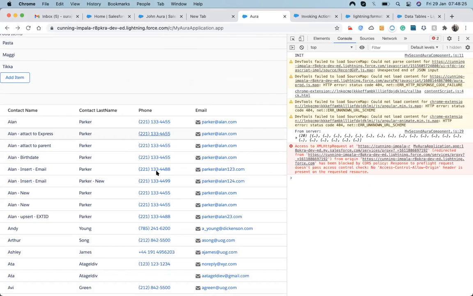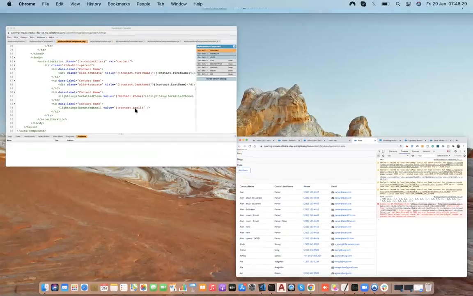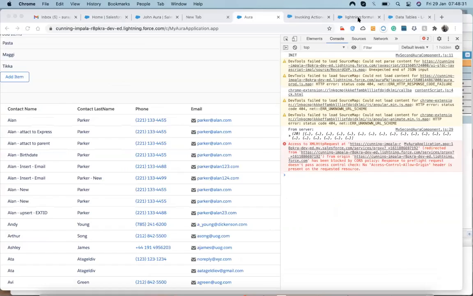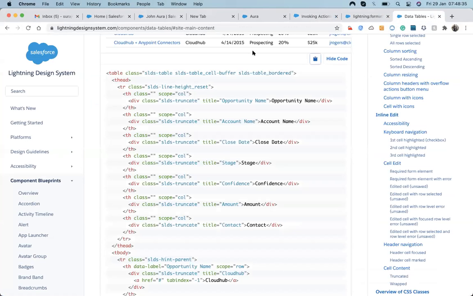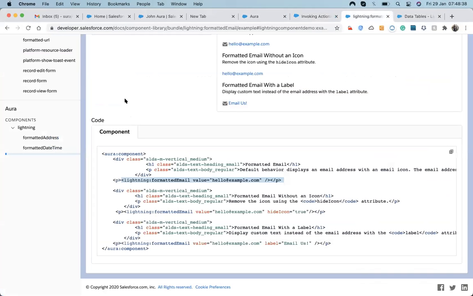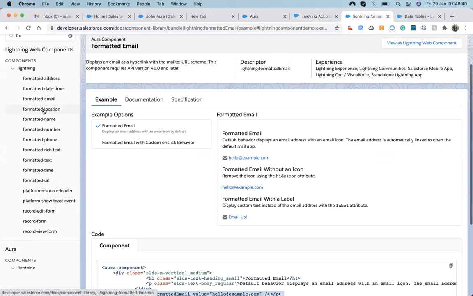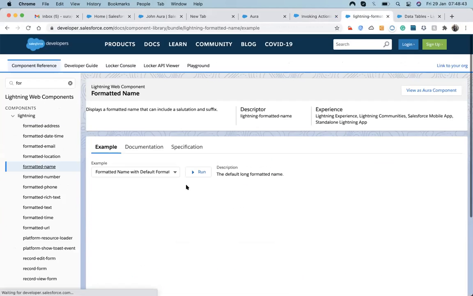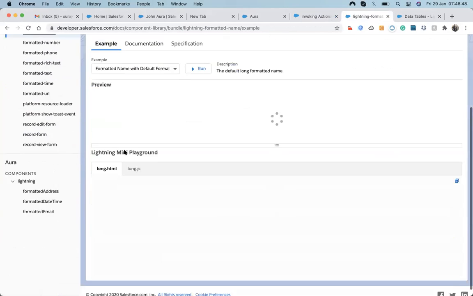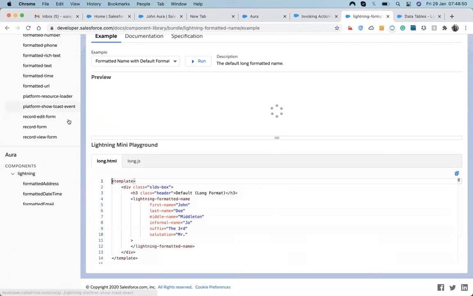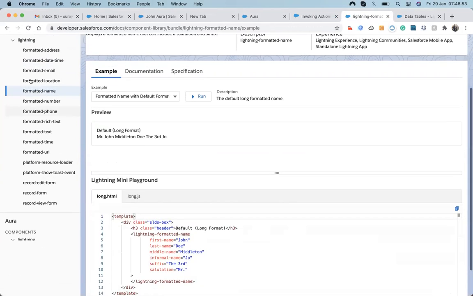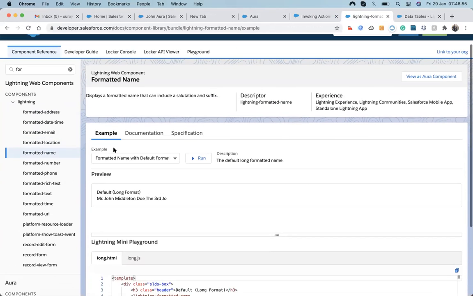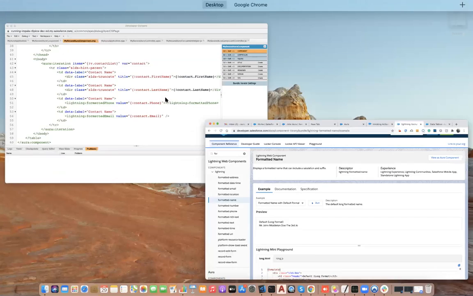Okay, so in this way, whenever we have a requirement to format things, you just have to come up to the Lightning component library, take whatever formatting you need, and just do the format. Always try to use the standard components provided inside this component library. Just come up here, search for that particular thing and implement it.